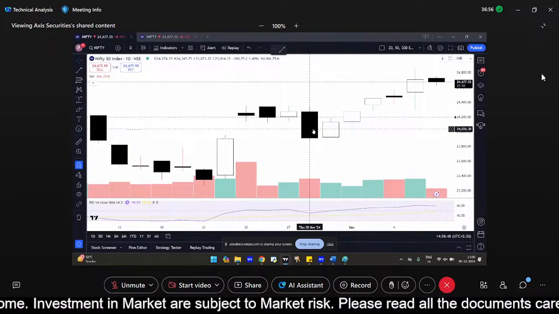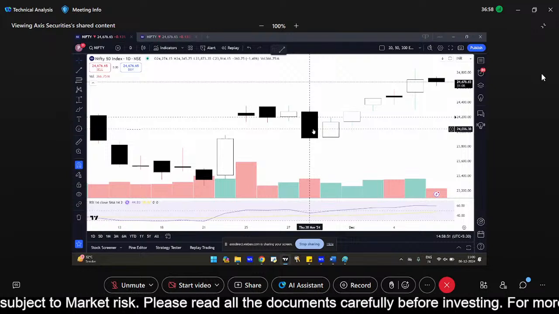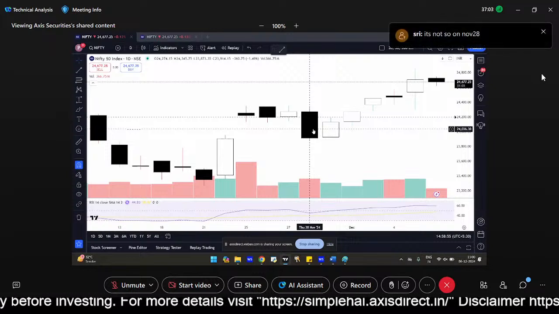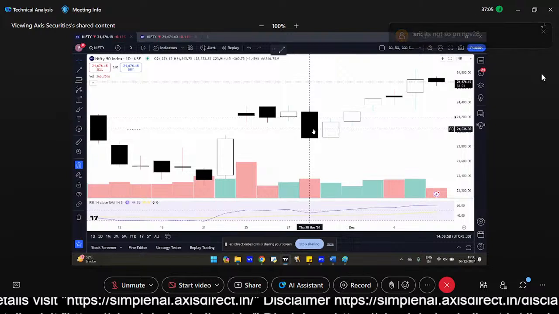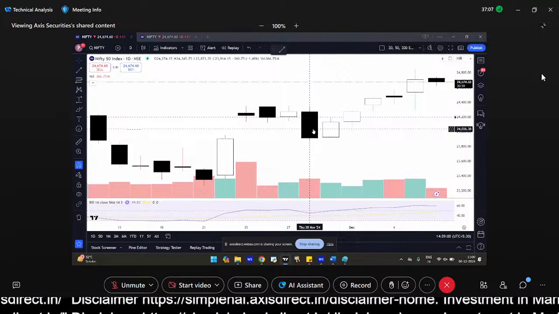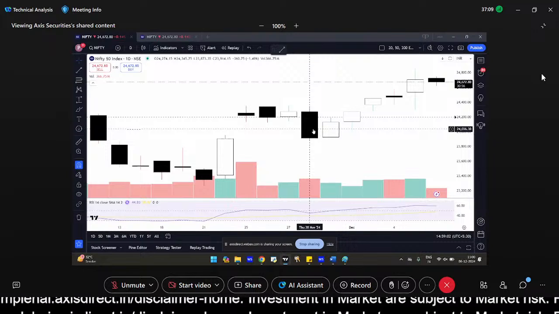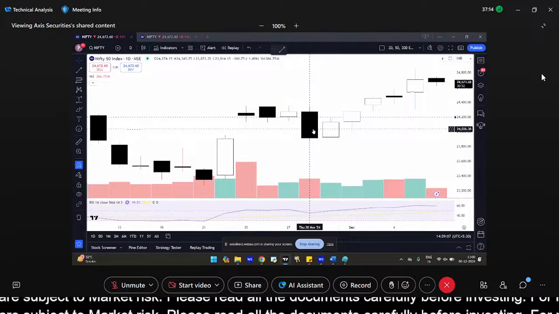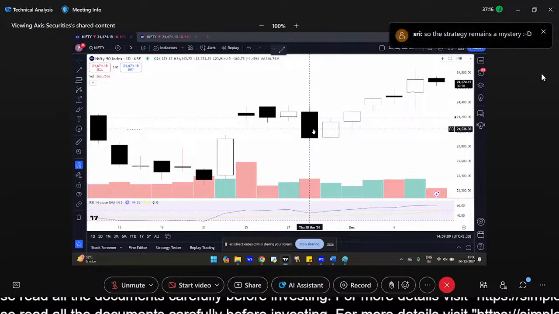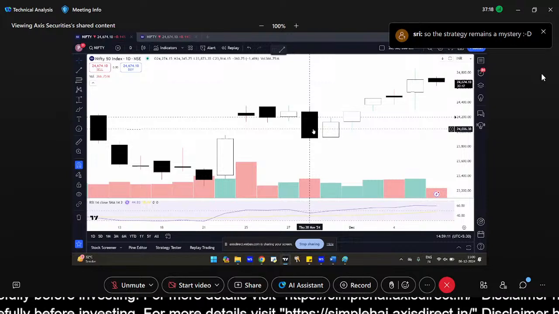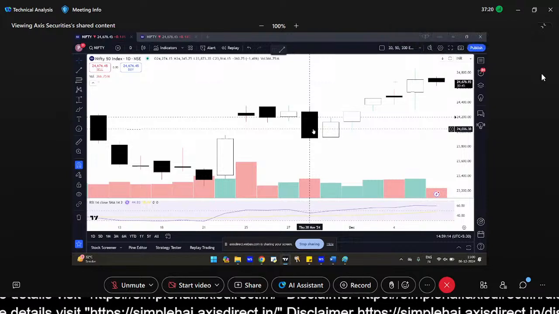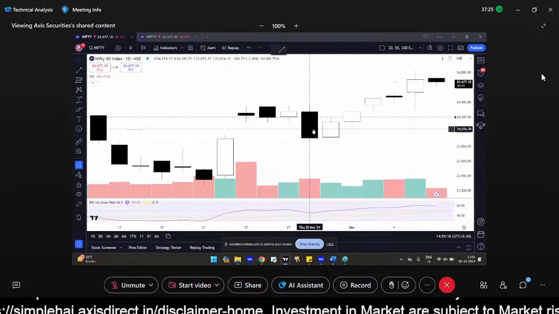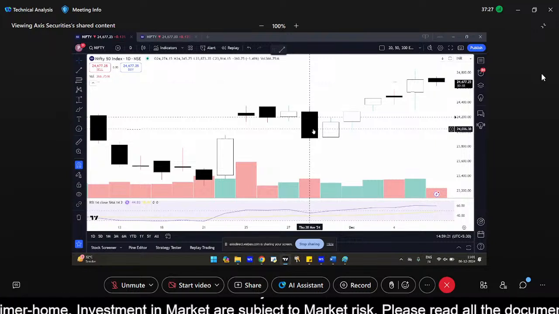Understood. So हम लोग को एक query आ रही है regarding the chart colors. Someone is telling ki if the market is going up it should be green and if the market is coming down it should be red. Okay, so elaborating, no, it's not a strategy per se. See, I think you are confusing Heikinashi and candlestick charts. So it is not a strategy per se.